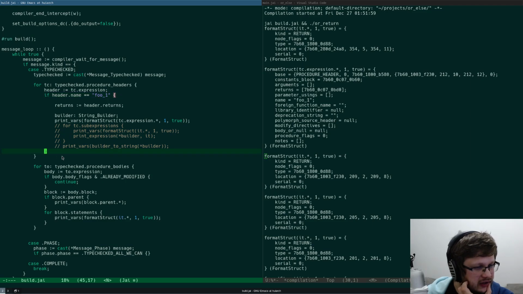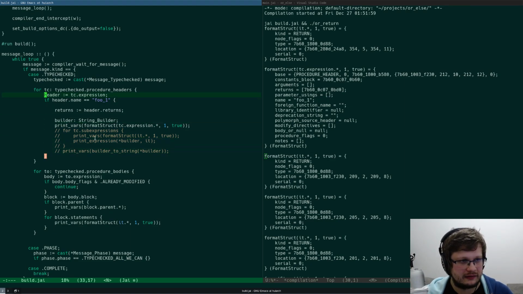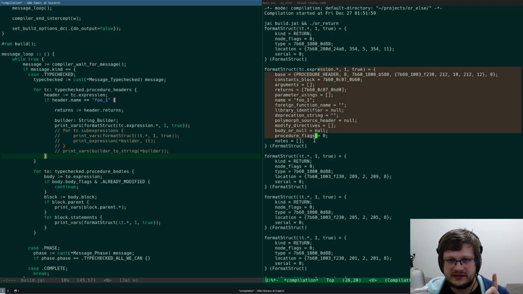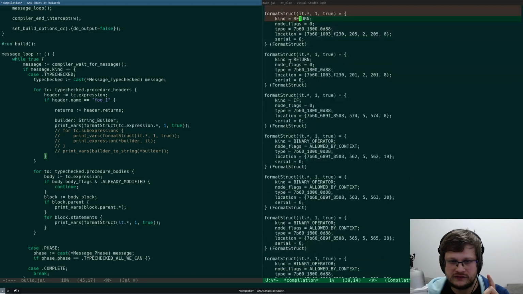I probably want else continue or something like break. I want to break this for, yeah, okay. So procedure header for 1, then we have a bunch of stuff here.